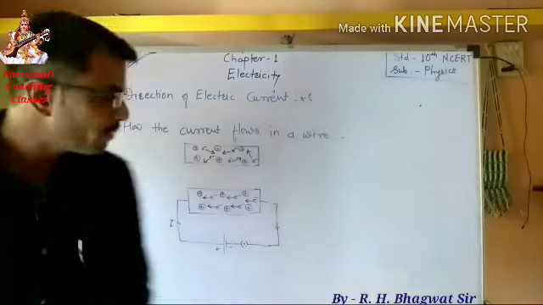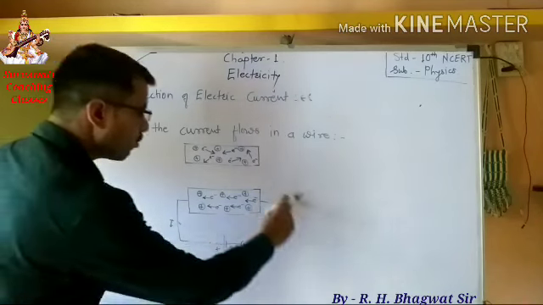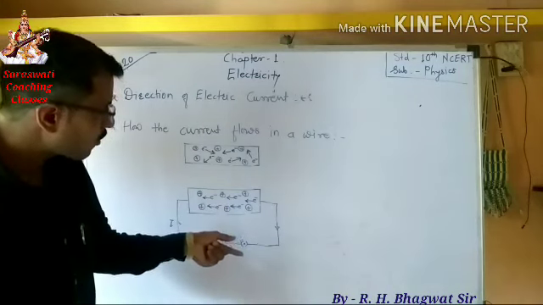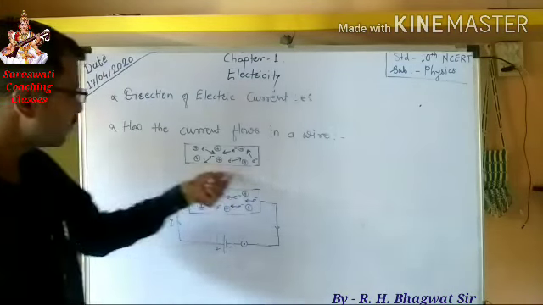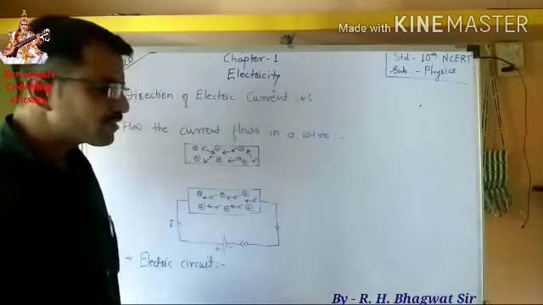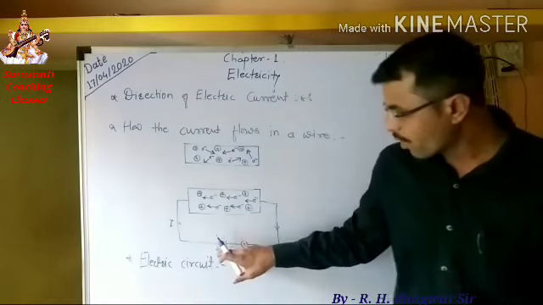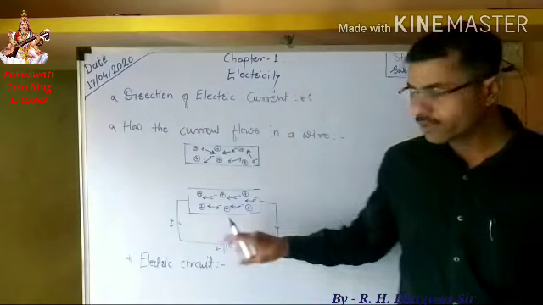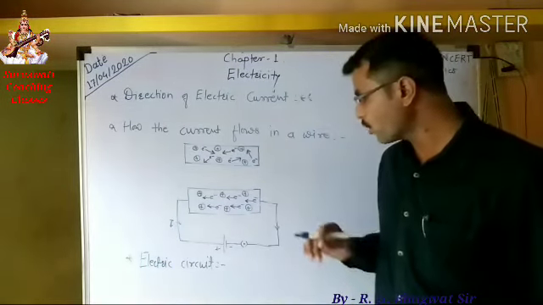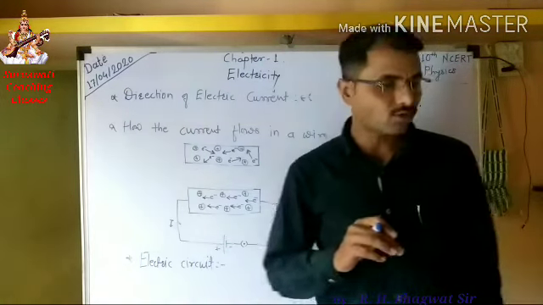Hence, the direction of electric current is always from the positive terminal of the battery to the negative terminal, whereas the direction of flow of electrons is always from the negative terminal of the battery to the positive terminal. Now, an electrical circuit is a continuous conducting path from the positive terminal of the battery to the negative terminal. It consists of different electrical components like wire, resistors, plug key, and so on.